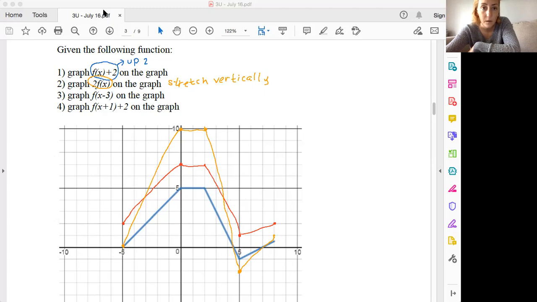Okay. Our next one we have, so this is inside the bracket, and don't let that sign confuse you. It's going to be the opposite. So this means that it's moving to the right. To the right